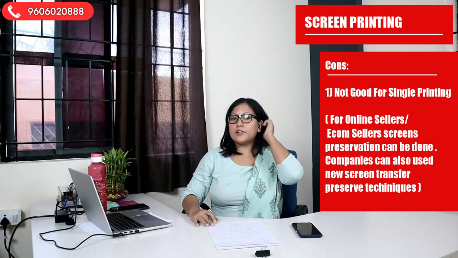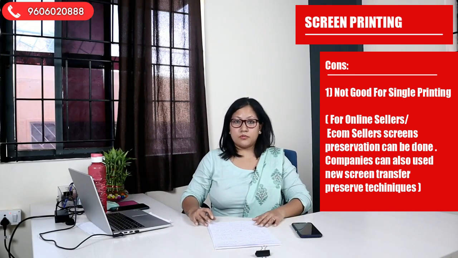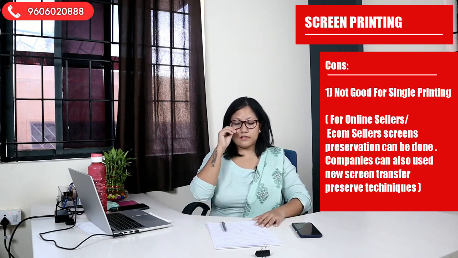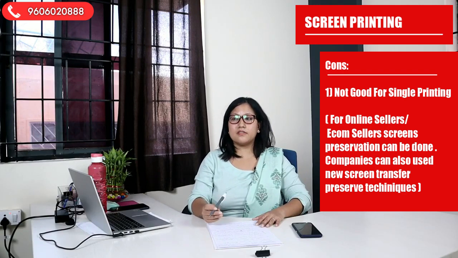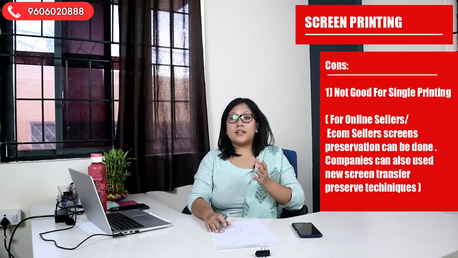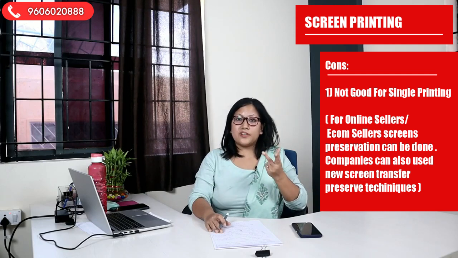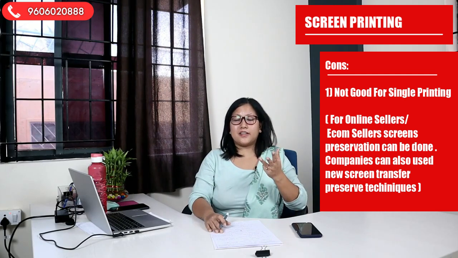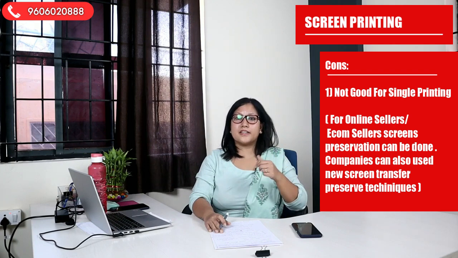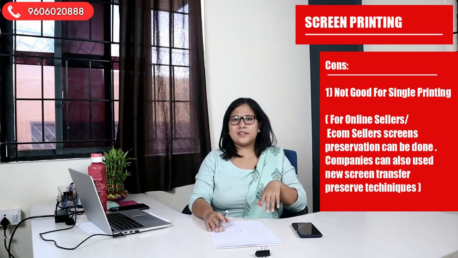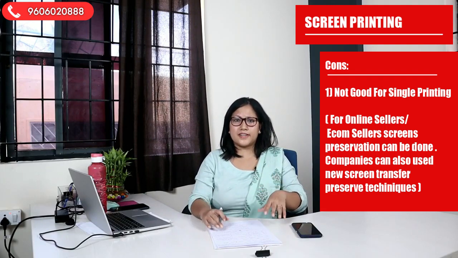But the quality is very super. No other print can give as much quality as screen printing, because there are a variety of colors: plastisol, water base, glow in the dark, reflective ink, flock printing, and CMYK, half tone. You can even do digitalized printing through the CMYK process. So these are the advantages and disadvantages.